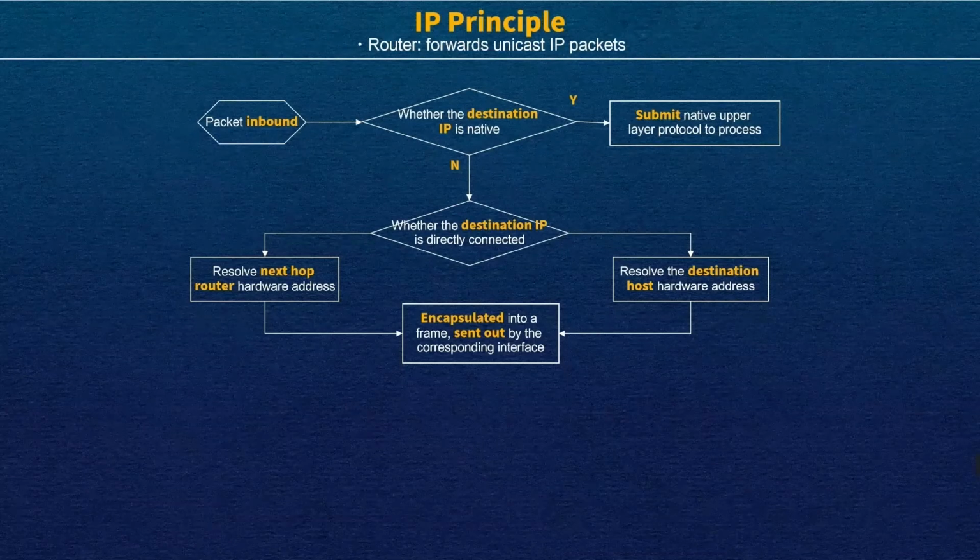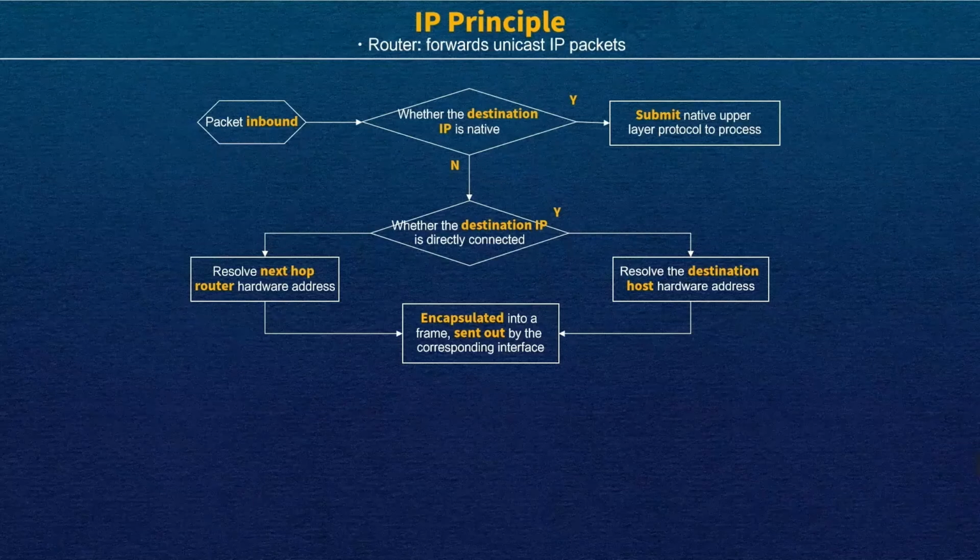your IP routing table, right? Because the IP routing table will help the router to know, if you want to send the message to the destination, whether your correct interface is the left one or the right one, the first interface or the second interface. So all this information is recorded in the IP routing table. Then the next step we have to check whether the destination IP is directly connected or not. Pay attention to this one.